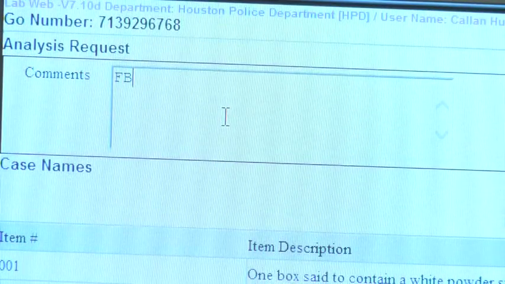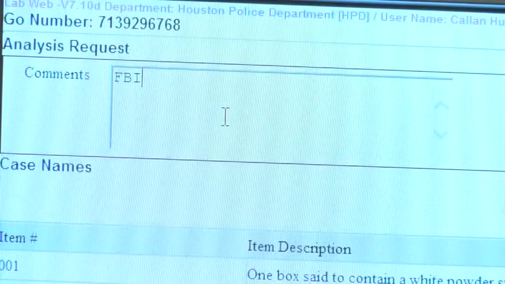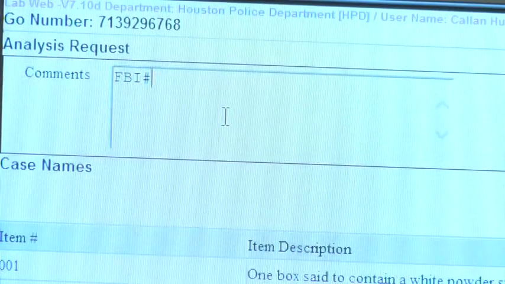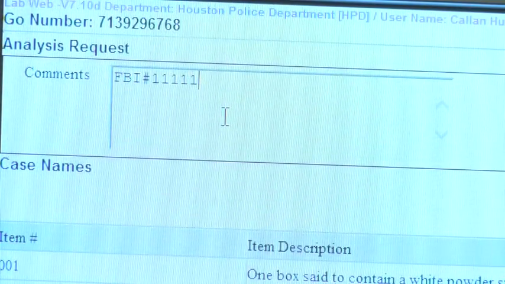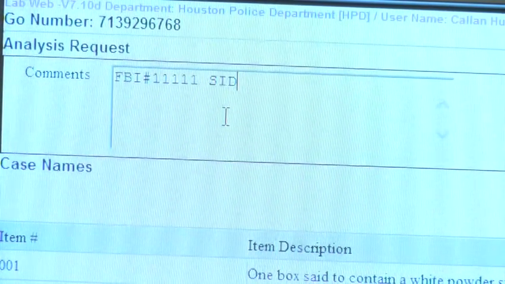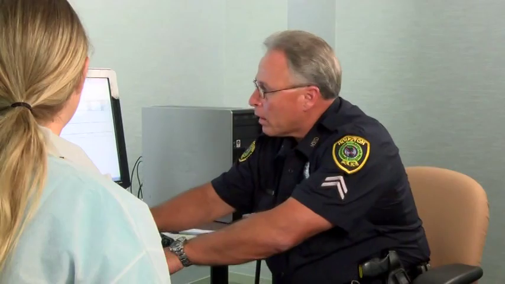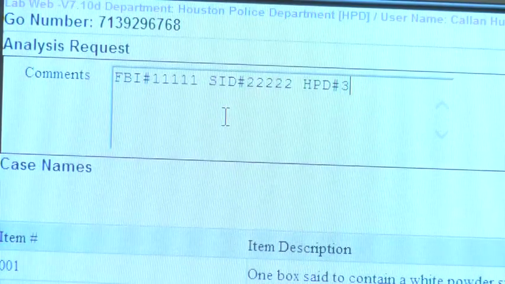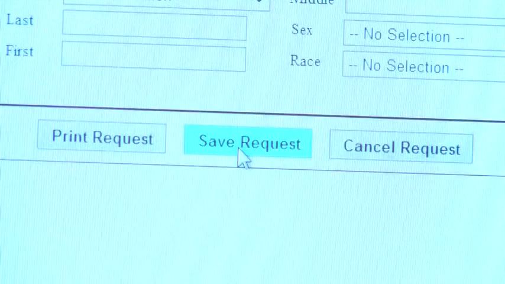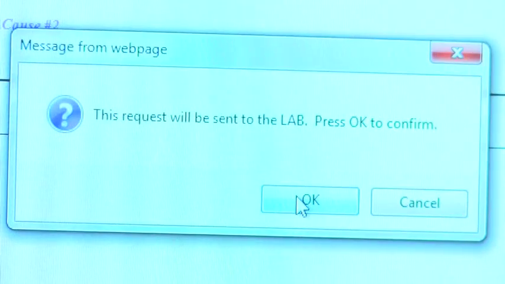I go to the comments section here? Yes. Okay, so I can put in his FBI number. Yes. And I can put in his state ID number? Yes. And I can also put in his HPD number? Yes. Now you can click Save Request. And okay? Yes. Also, there's some blood in this case, and I want them to check it for blood alcohol,